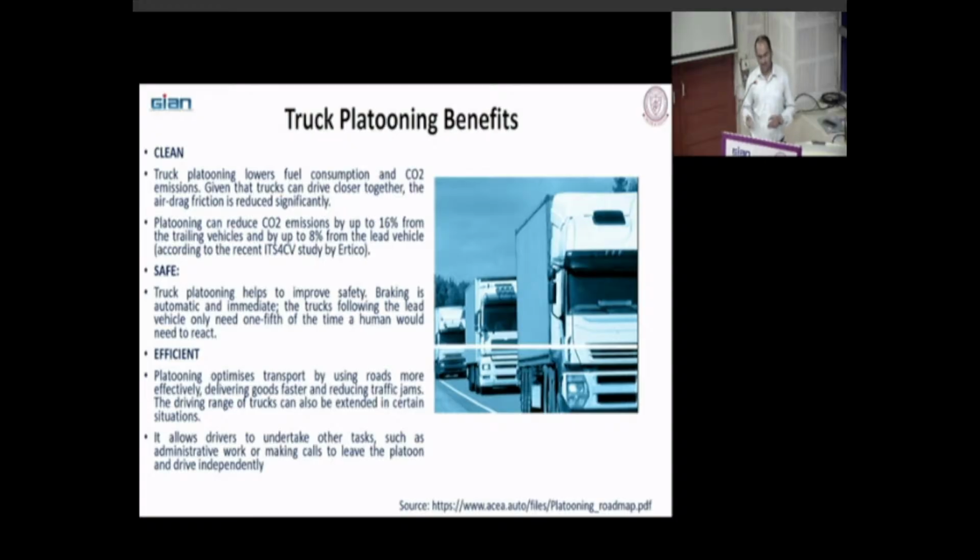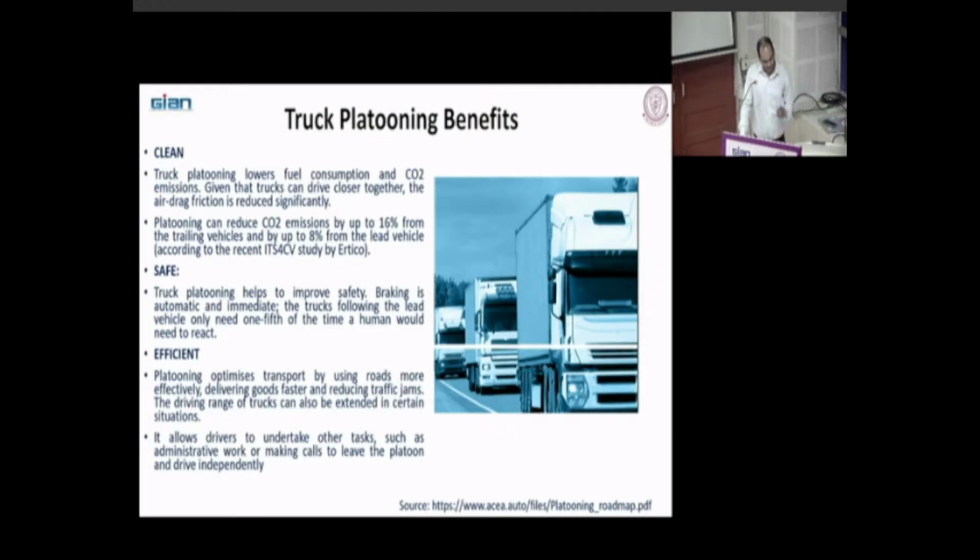You might ask me the question, okay, what happens if one of the trucks is disengaged at some roundabout or when taking a right turn or left turn? Again they will go on and connect with their leader. Again, there are very interesting videos available on YouTube. Just search truck platooning Volvo, they have done the testing as well. You can find that.